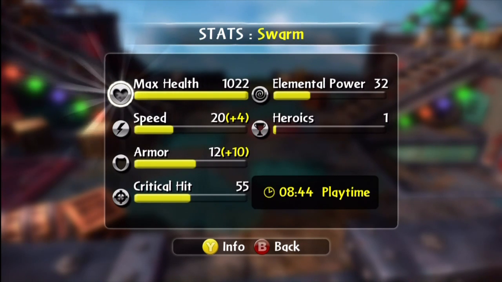Yes, you could argue that maybe his flying ability speeds him up, and it does, but it doesn't quite speed him up to the extent where you could argue that it's just as effective as T-Rex. But other than that, I do want to point out his armor is not very high. It's only level 12. So again,